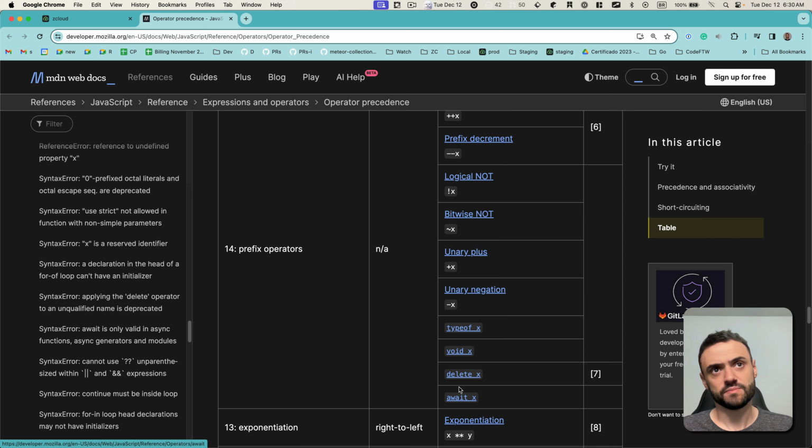So the precedence is basically the same as the other unary operators, but just pay attention because if you're migrating code that was not using async before, and then you need to await something, maybe you need to include some parentheses to make sure you are awaiting in the proper place.